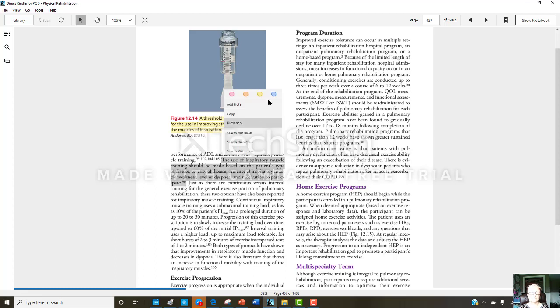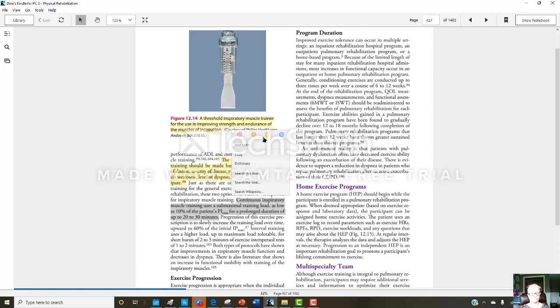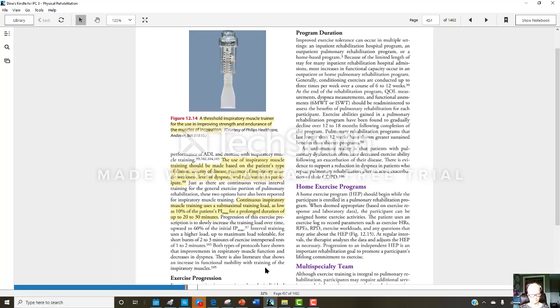90. Just as there are continuous versus interval training for the general exercise portion of pulmonary rehabilitation, these two options have also been reported for inspiratory muscle training. Continuous inspiratory muscle training uses a submaximal training load, as low as 10% of the patient's PImax, for a prolonged duration of up to 20 to 30 minutes. Progression of this exercise prescription is to slowly increase the training load over time, upward to 60% of the initial PImax. 97. Interval training uses a higher load, up to maximum load tolerable, for short bursts of 2 to 3